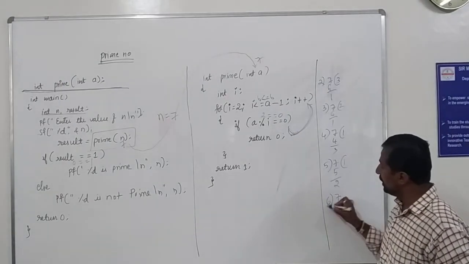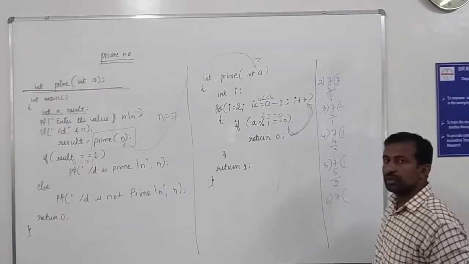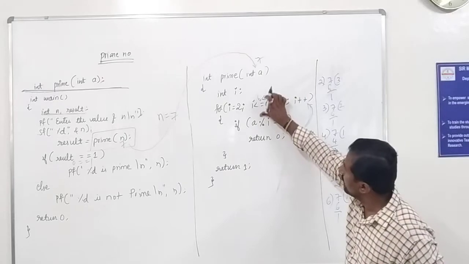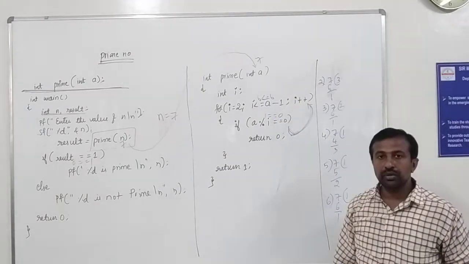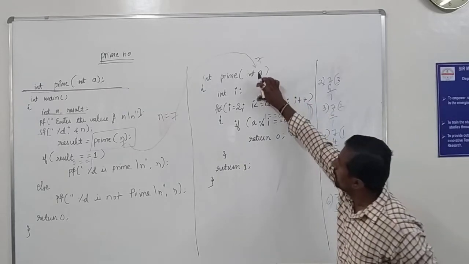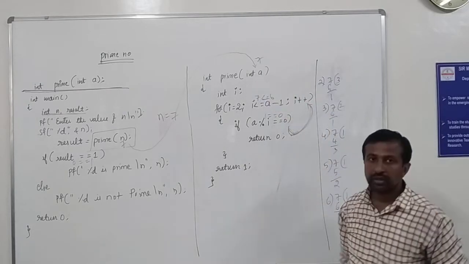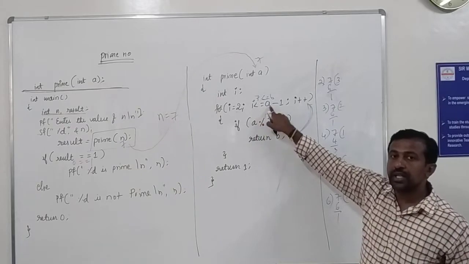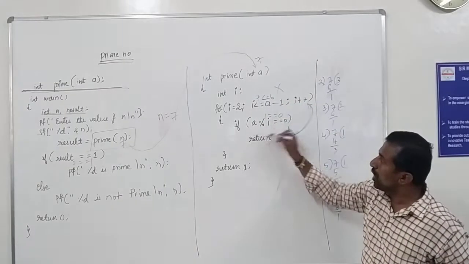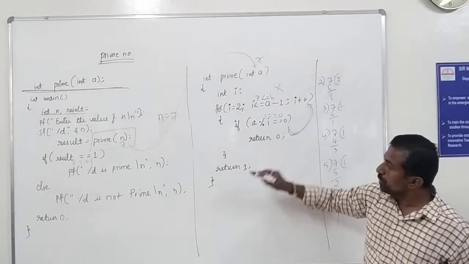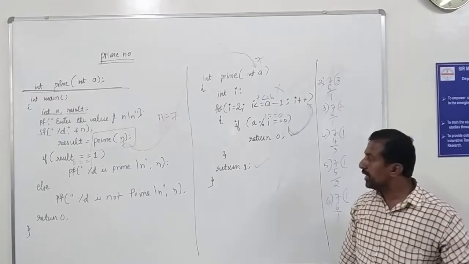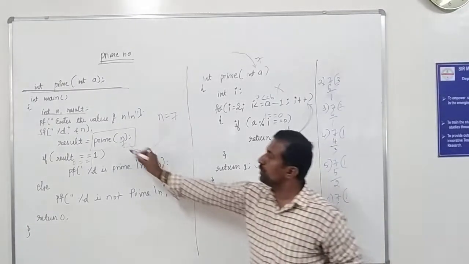When this condition becomes true, once again execute the if condition. Same 7 will be divided by the I value. So I am going to divide this. So what is the remainder I have got? 1. Substitute here: whether 1 is equivalent to 0? False. False means what happens? The control jumps to I++. I value becomes 7 now. Check the condition: whether 7 is less than or equal to 6? False. So when this condition becomes false, the for loop will be terminated and we will jump to the next statements. So what is the statement we have after the for loop? Return 1. So 1 will be returned to the main function now.